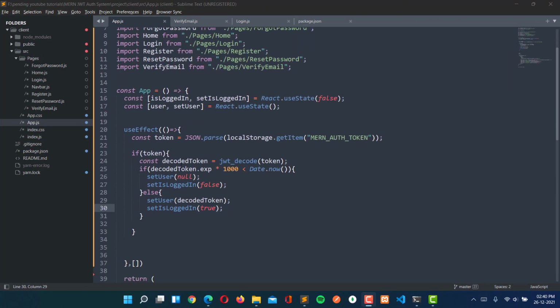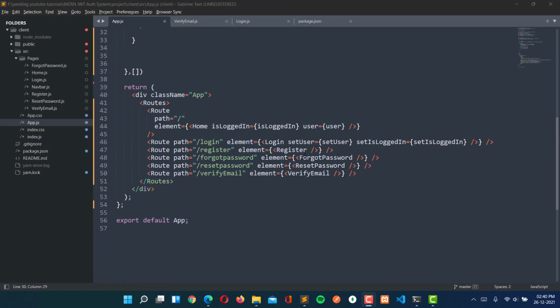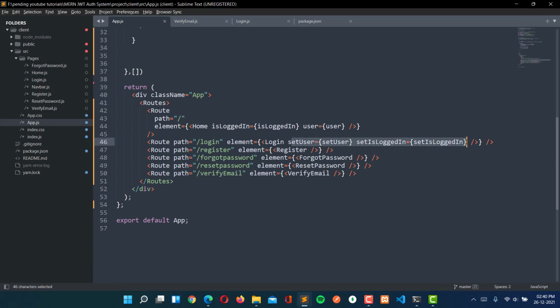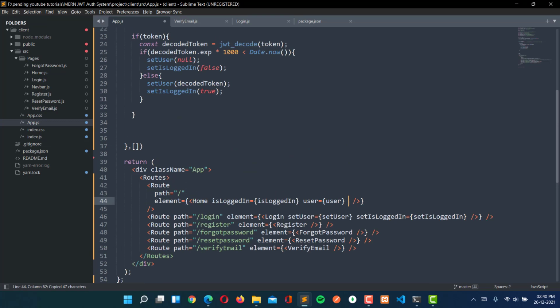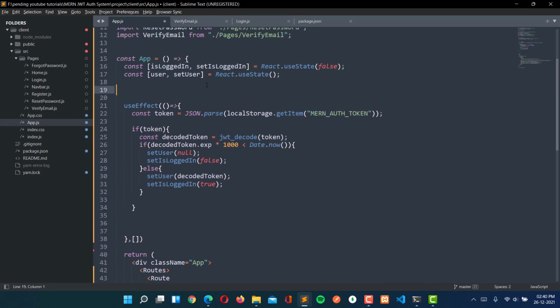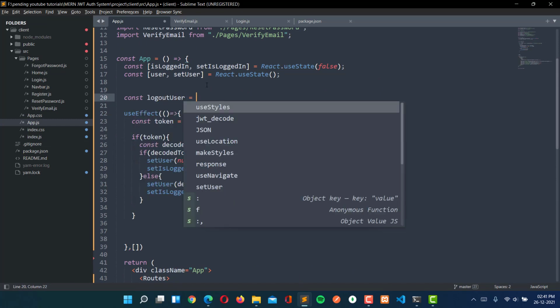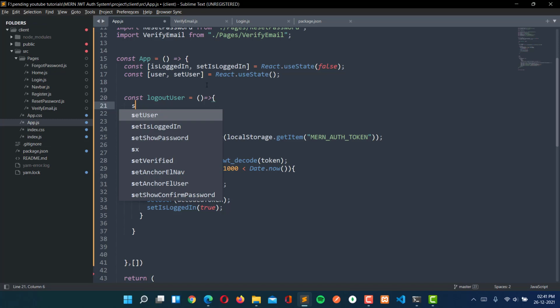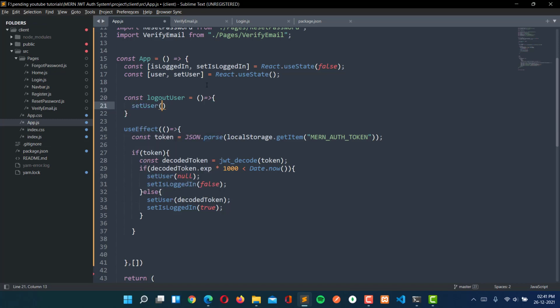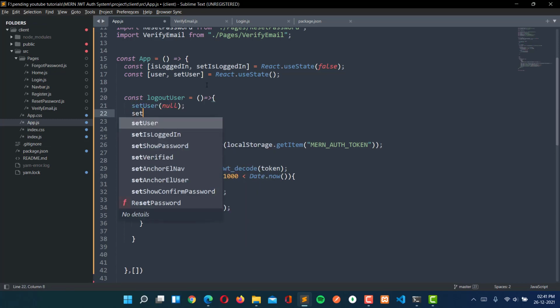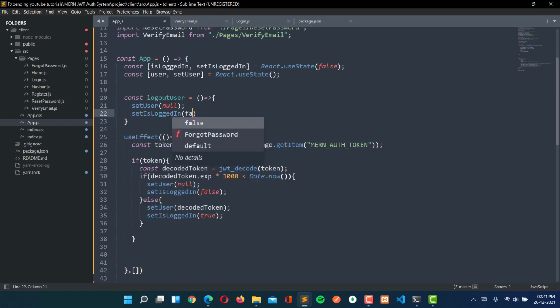Now let's move here. First of all, for the navigation bar, we have to also send these things here, that is setUser and setIsLoggedIn. So I'm going to copy this and send this here. Let's create a logoutUser function here, and here I'm going to write setUser to null, and then setIsLoggedIn to false.